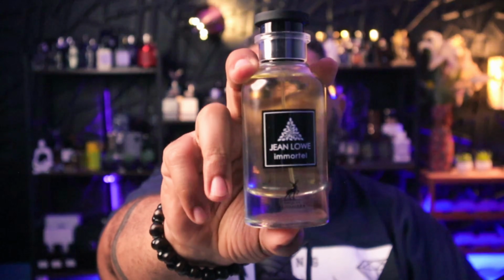On its own, is this something that I would wear? On its own, is this something that I would rock? If I picked it up and I never knew what L'Immensité smelled like, would I rock this? Yes. This is something that, for me and my scent profile, definitely works. All right. So that was the first one, which is Lowe Immortal, which is again their take on